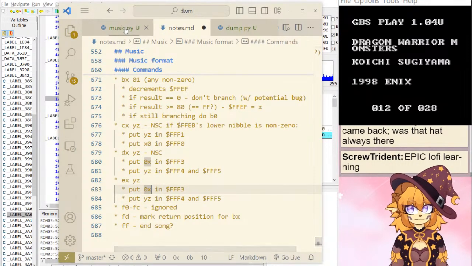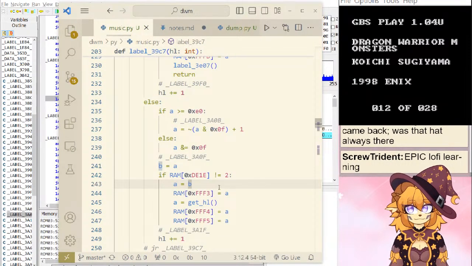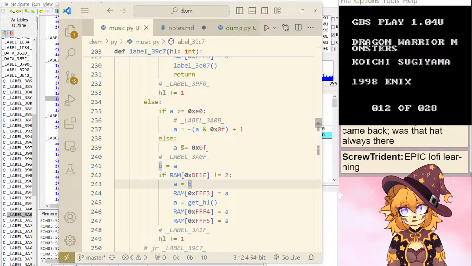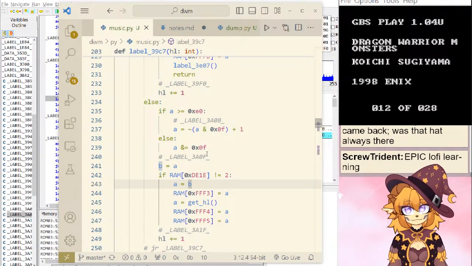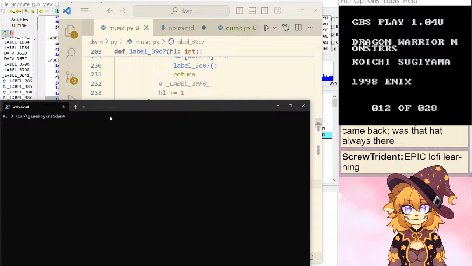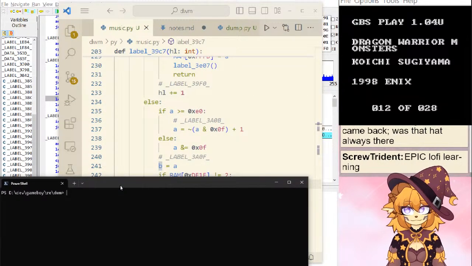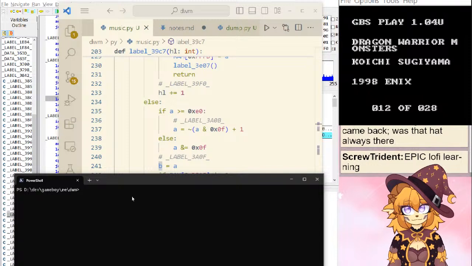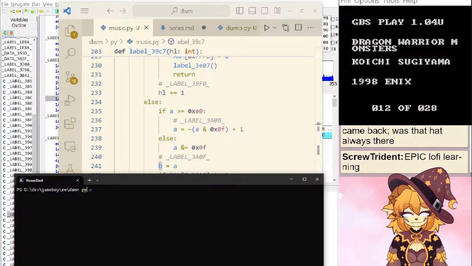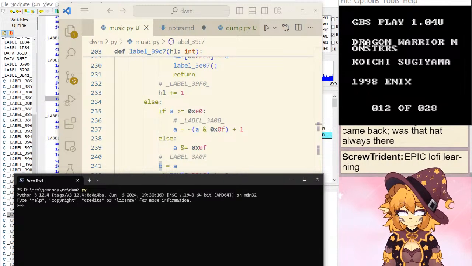Okay, so let me think through the values of this. There's only 16, right? So wait, that's negative. That's literally negative, isn't it? Let me remember.